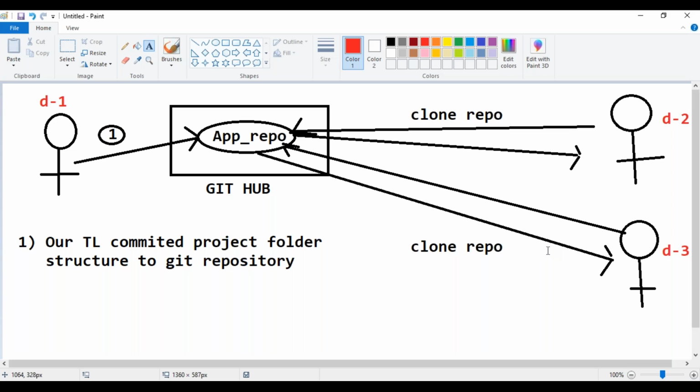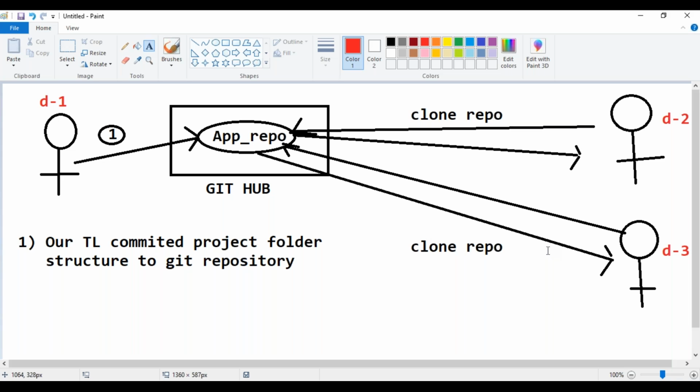The first is the team lead, and the remaining 2 are juniors. Developer 1 created the repository and committed the project folder structure to the GitHub repository. Developer 2 and developer 3 cloned that repository, because as the project was already created, they just did cloning.